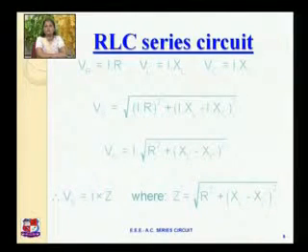So your Vs is equal to, as we discussed earlier, the square root of VR square plus (VL minus VC) square. Now VR is equal to I into R. So you can rewrite the equation like this: Vs is equal to the square root of (IR) square plus (VL minus VC) square, where VL minus VC is equal to IXL minus IXC. So you can rewrite it like this: plus (IXL minus IXC) whole square.